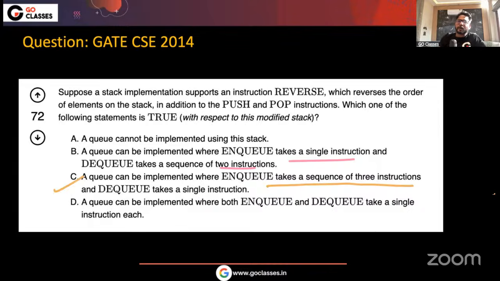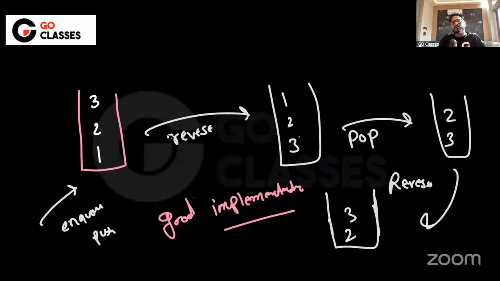Earlier also it was fine, where I was saying that you are reversing and then popping. For every DQ there are just 2 operations, and for every NQ there are 2 operations, then also it is fine. So if you are doing the DQ, you can first reverse it and then pop, because if you're doing the NQ, you can directly do 1, 2, 3, right? For NQ you can directly do it, but for DQ you can first reverse and then pop. And then you cannot leave it as it is, because it will be a problem. Then you can reverse it. For here, NQ is 1 operation and DQ is 3.